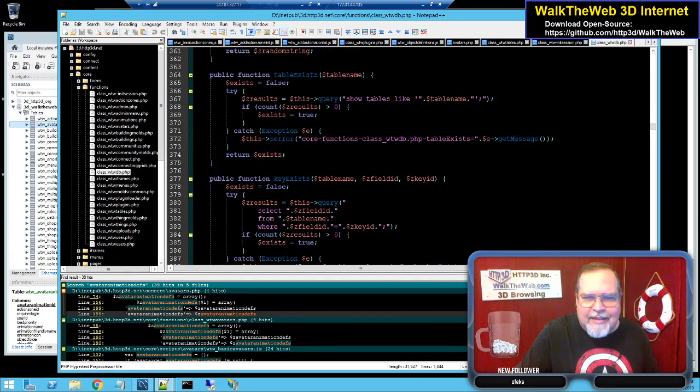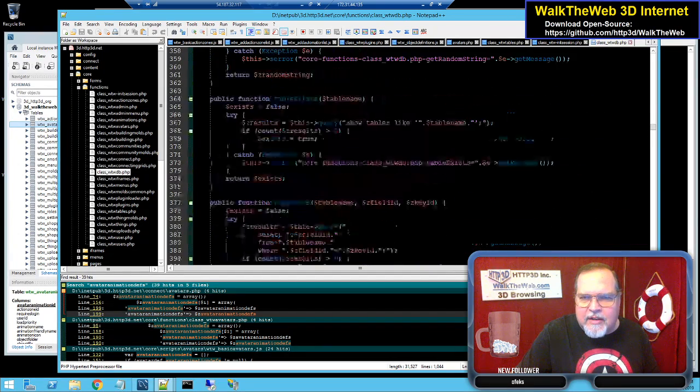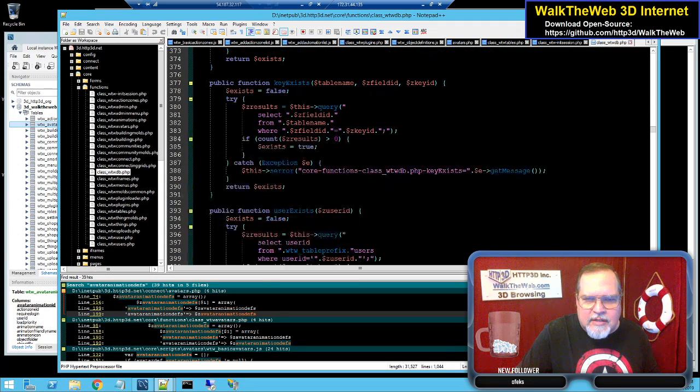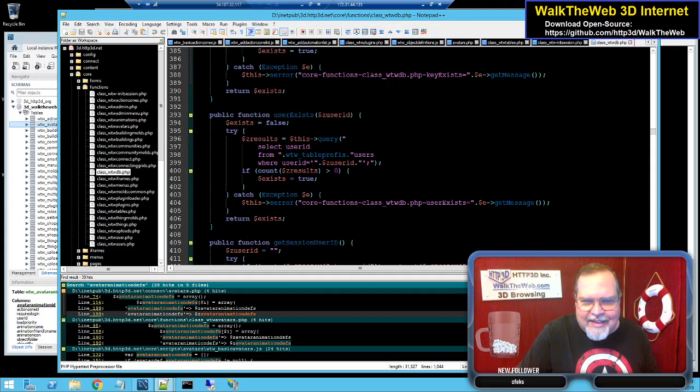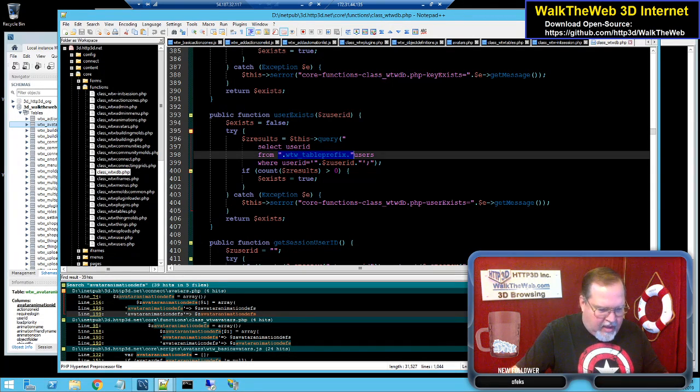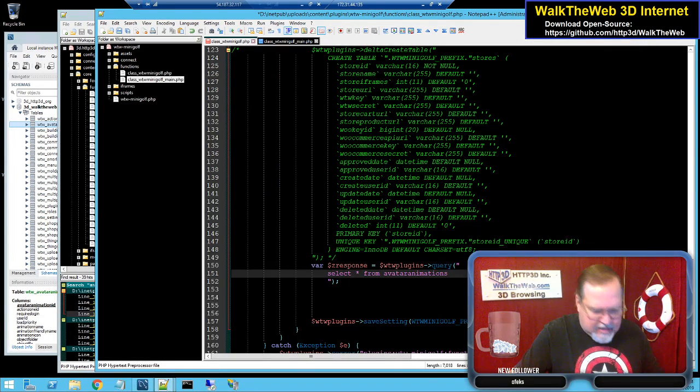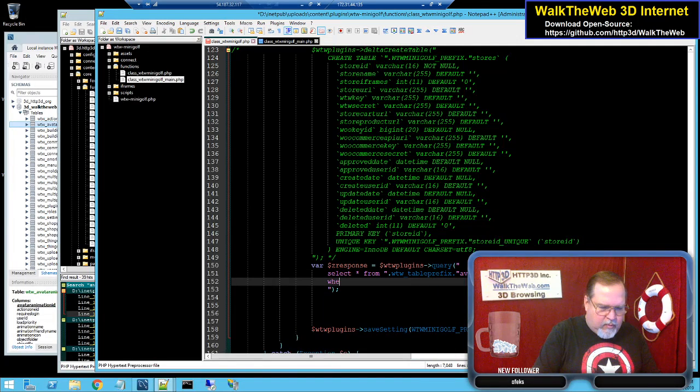Okay. When you want something, you never see it, right? Table name from table name. Okay, here it is. WTW prefix. That's what I was looking for. I knew I had a particular code that tells me the name of the table prefix that they've entered into there. So WTW table prefix, avatar animations, and that'll be where